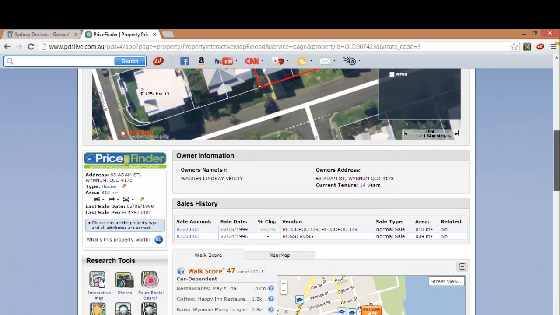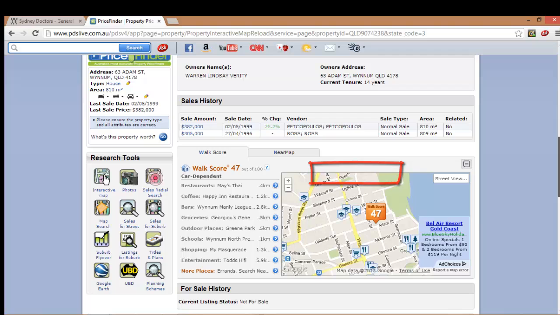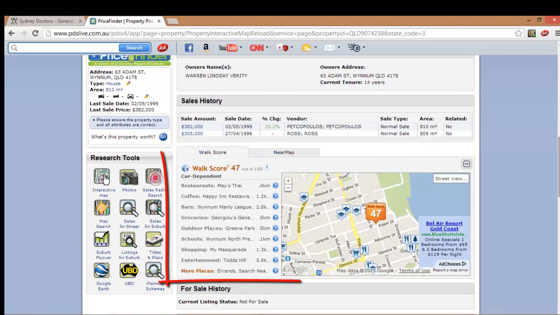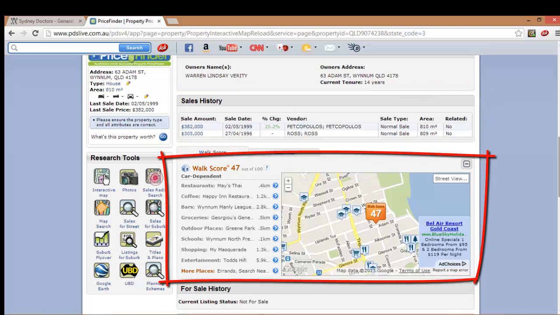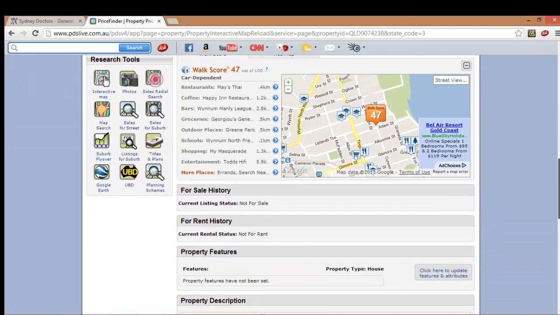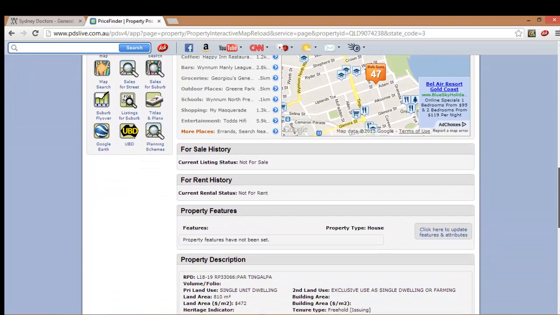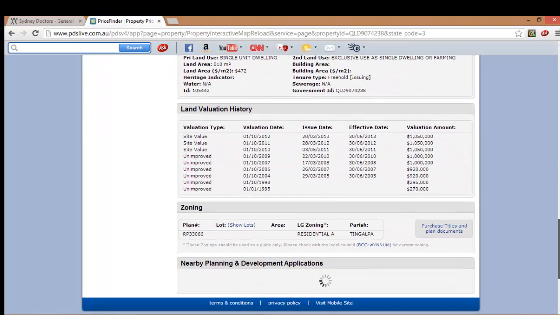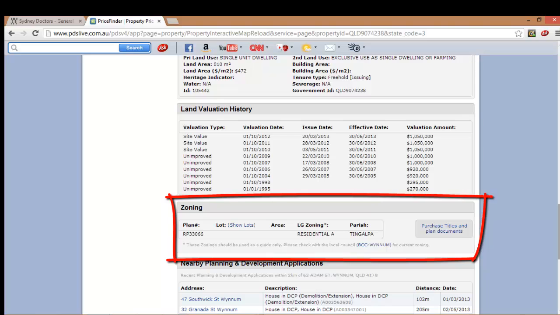If we scroll down, you will see a lot of great details about the property, including the owner's name and address, sales history, points of interest in the area and how far they are from the property, the property zoning,